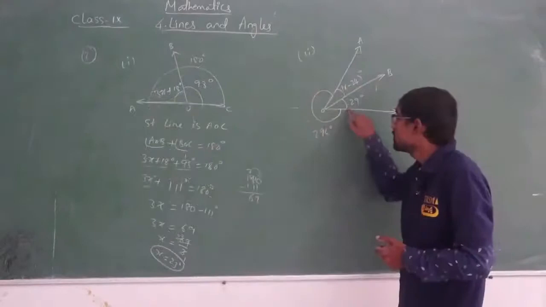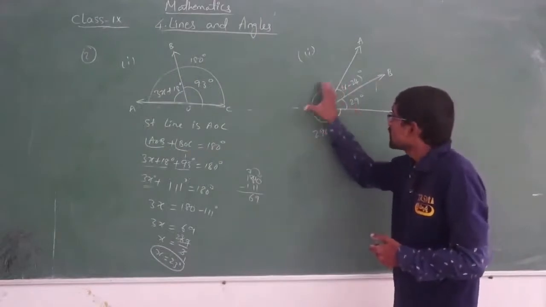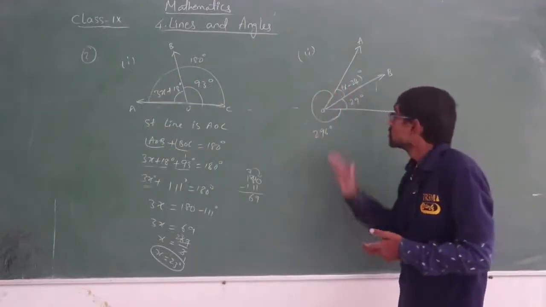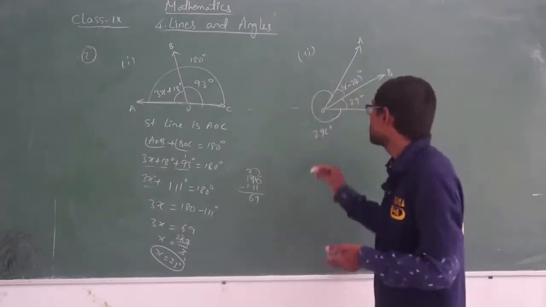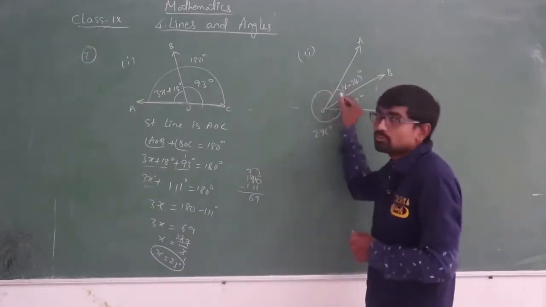And here also he has given 296. So he has given the total net angle. As we have the total angle here, we have to take the complete angle, isn't it? So from the complete angle, what